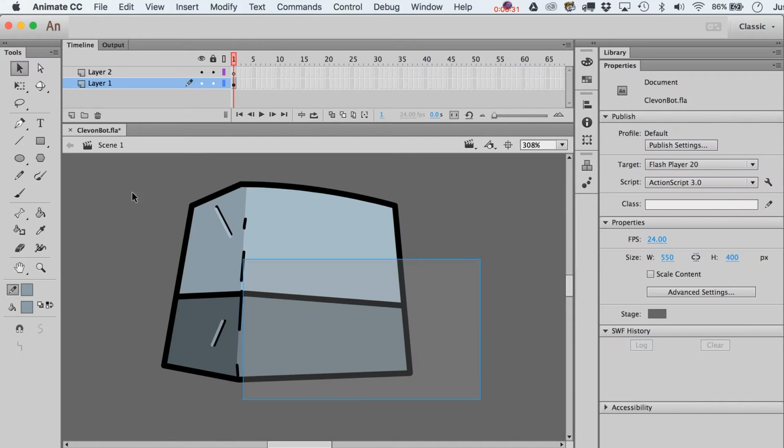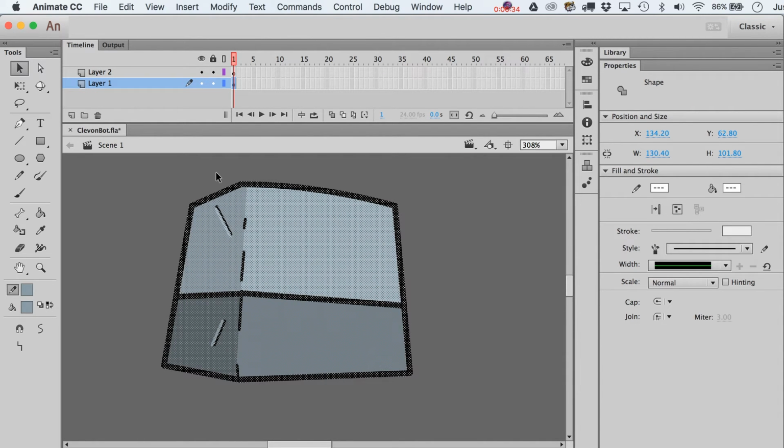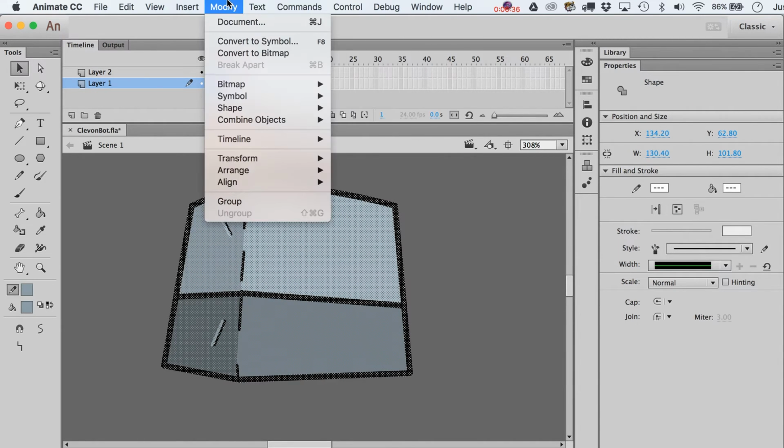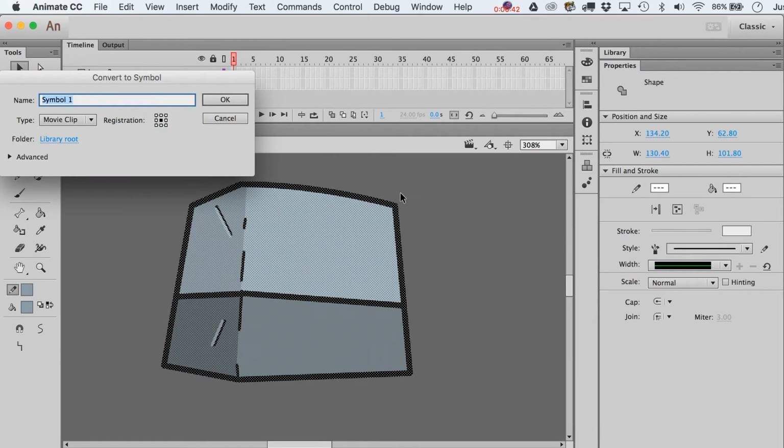Although if you want to, at this point, if you're like, that is a sweet head, you could just go over and convert it, not to a bitmap, but convert it to a symbol. And this is going to put this sweet